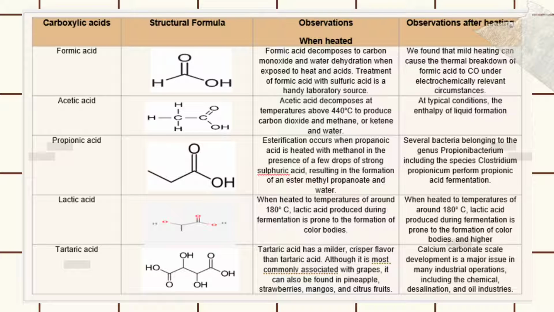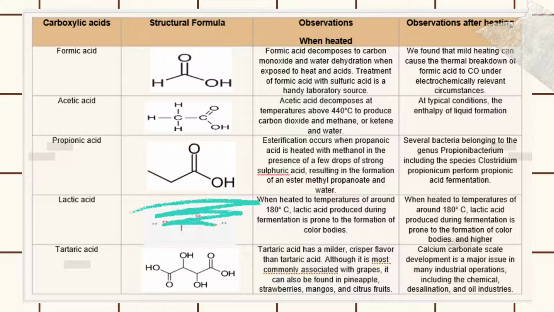Observation after heating: we found that mild heating can cause the thermal breakdown of formic acid under electrochemically relevant circumstances. Acetic acid, and this is the structural formula. Acetic acid decomposes at temperatures above 440 degrees Celsius to produce carbon dioxide and methane, or methane and water. A typical condition, the enthalpy of liquid formation,